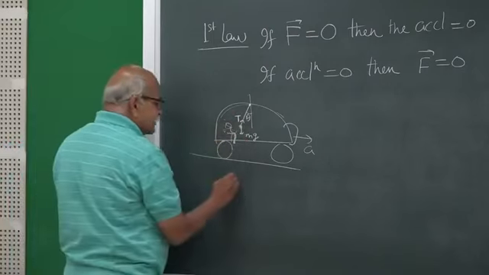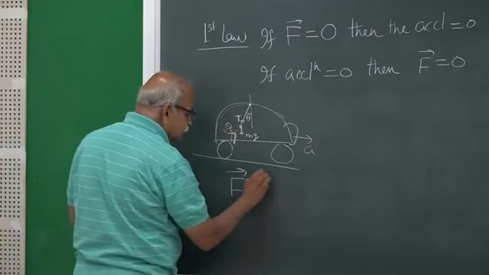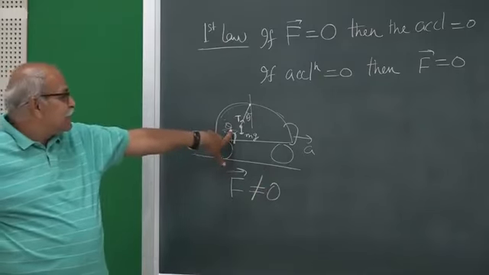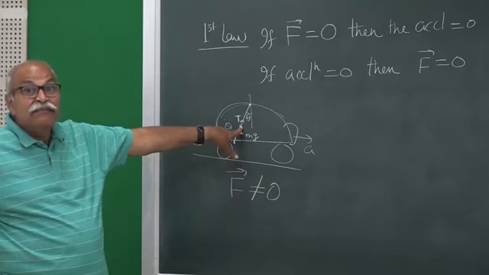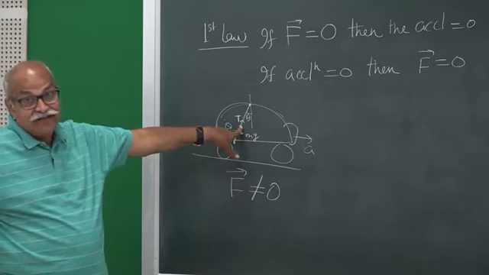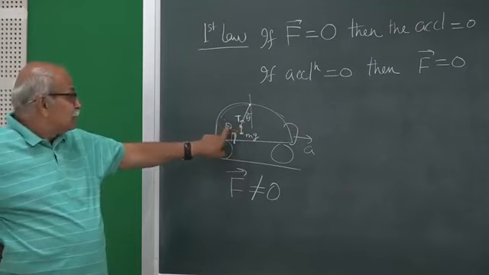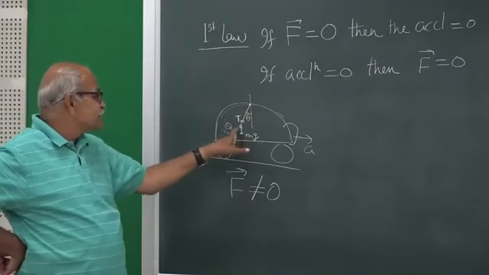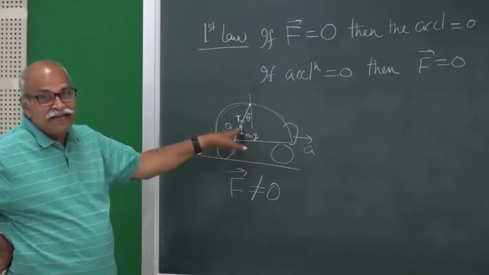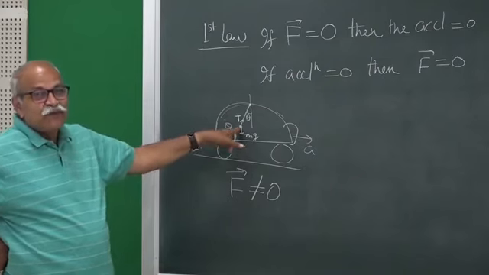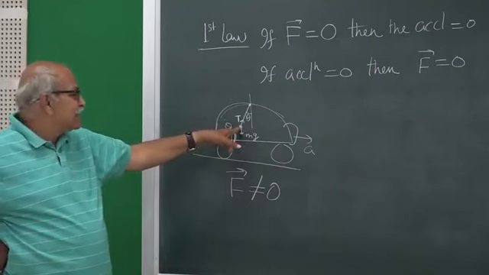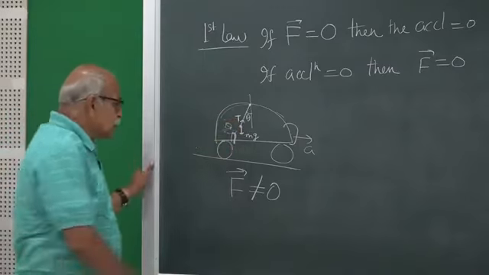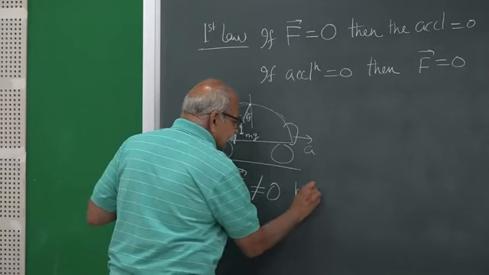So you have a net force, the force is not 0, but what do I see? I see that it is at rest and it remains at rest. So the acceleration is 0. For this observer here, if he puts the origin here, x, y, z axis, no coordinate is changing with time. The x coordinate does not change in time, the y coordinate does not change in time, the z coordinate does not change in time. So it is at rest, it remains at rest, acceleration is 0. So force is not 0, but acceleration is 0.